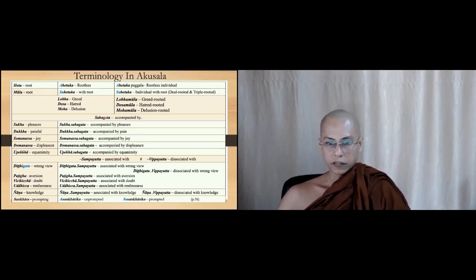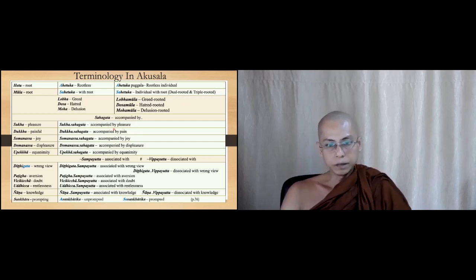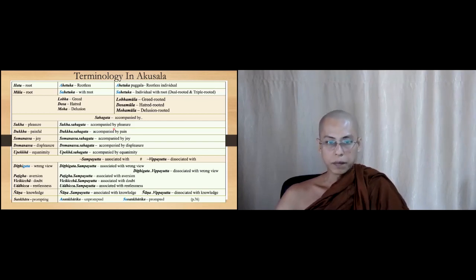So if you catch the meaning of the word sahagata, it is much easier to understand, because when the word comes in a longer form, it becomes complicated to remember. But in meaning, it is not very difficult. In English translation, it's okay. For those who wish to really study the Abhidhamma combined with the Pali, this type of understanding will be useful.